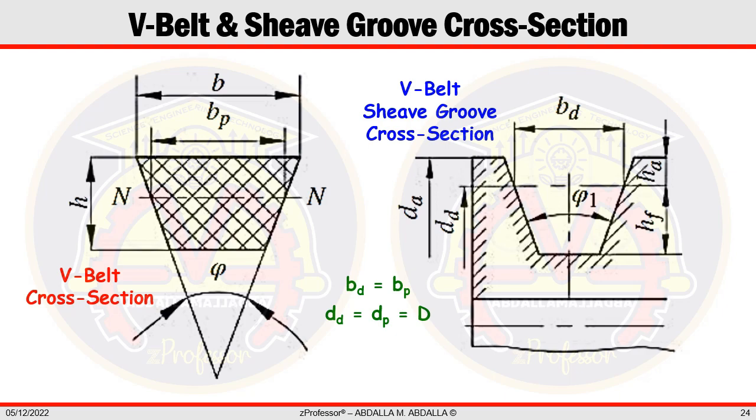The belt length is known as the datum length LD when the sheave diameter is defined as the datum diameter DD. Both the datum diameter and the center distance affect belt datum length. The nominal value of the equivalent groove angle phi1 between the two sides of the V groove on a sheave ranges from 32 to 38 degrees, whereas the wedge angle phi of a V-belt is 40 degrees. Due to its design, the V-belt wedges tightly onto the groove when in use, increasing friction and enabling the transmission of a large torque before sliding.